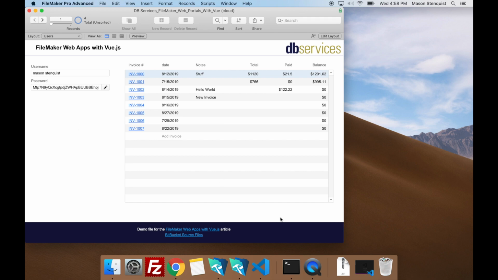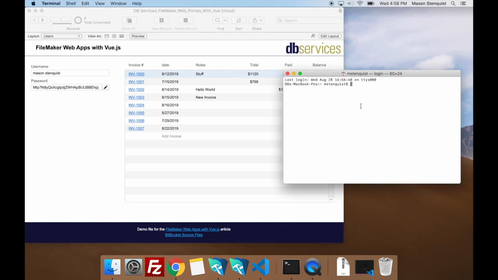So to get started, you will need a few things. You'll need to make sure that Node is installed. So we can do that like here. So Node and NPM are installed. When you install Node, NPM is installed automatically. And then you'll also want to make sure you have Git installed. After you've got that done, we can go ahead and start with the install.